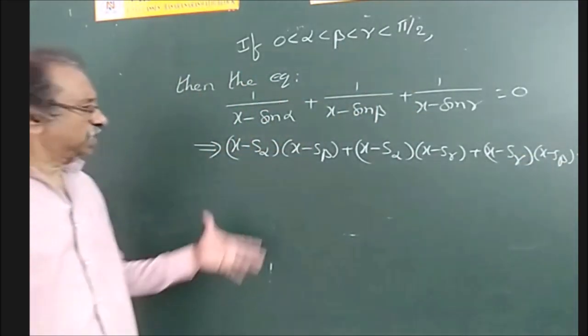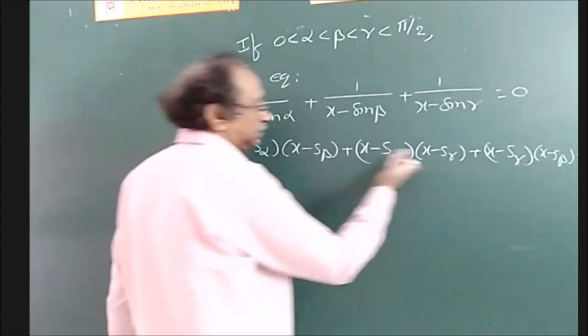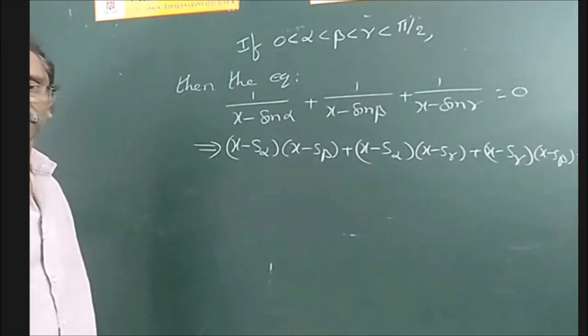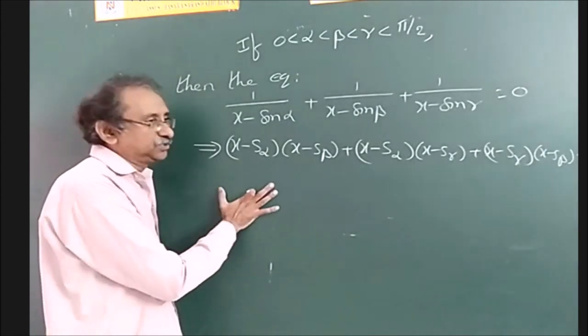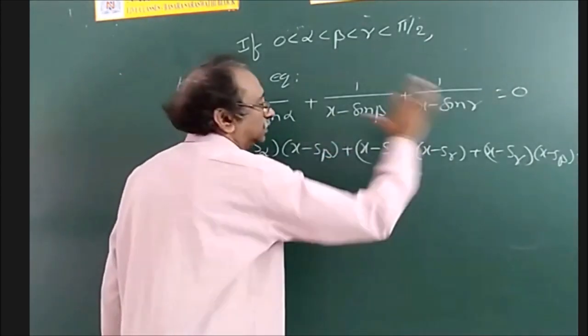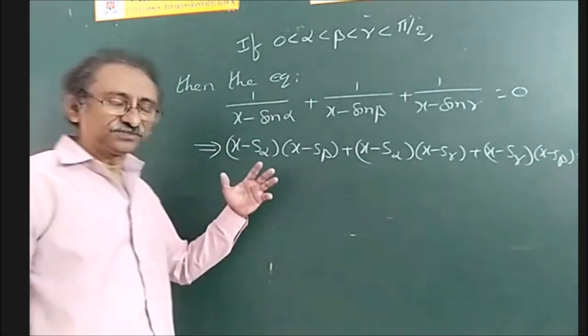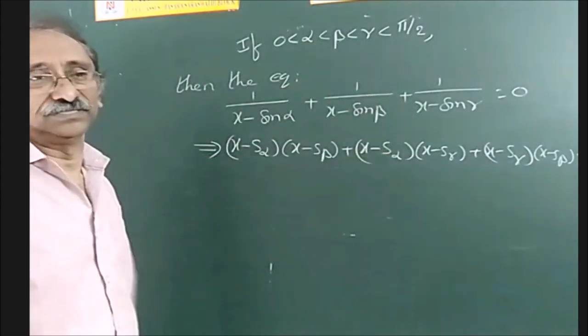Sir, why are you saying this problem in this chapter, sir? Now see, x square, it is a quadratic equation now. That's why you can give this problem in this trigonometry chapter, because sin alpha, sin beta, sin gamma are there. You can give this problem in the calculus chapter because the intermediate value theorem is in calculus.